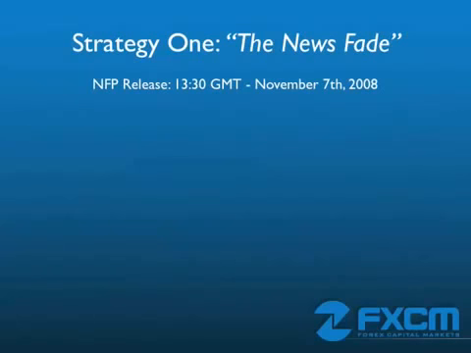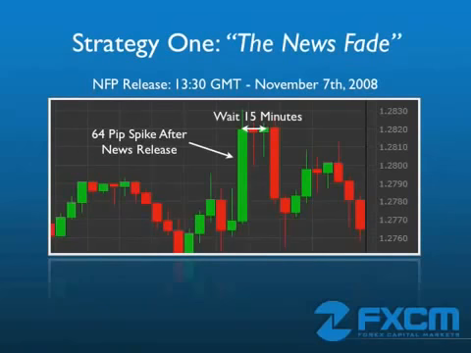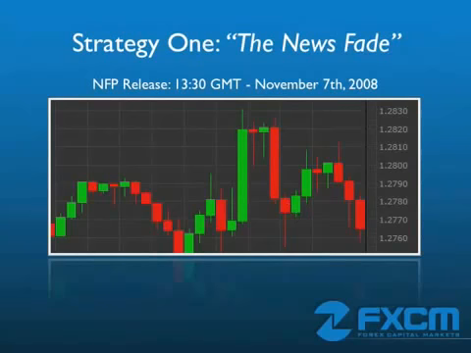Let's now look at how we can use this strategy after a news event like NFP. After looking at the Global Economic Calendar, I can see that NFP comes out at 13:30 GMT on November the 7th. If we pull up a euro-dollar chart for that time, we can see that the euro-dollar spiked up about 64 pips after that release. If we had implemented our strategy by waiting 15 minutes and then selling here around a price of 1.2820, sure enough, the price reverted back to the mean and we could have closed out our trade around 1.2780